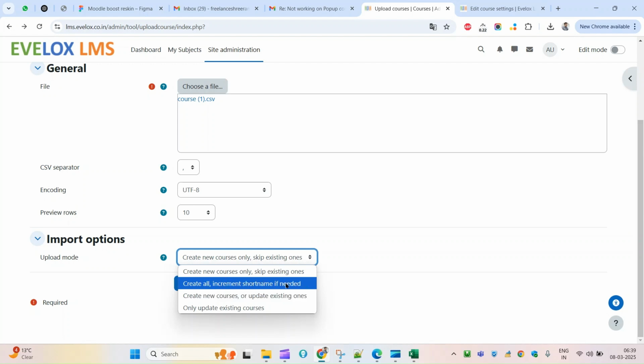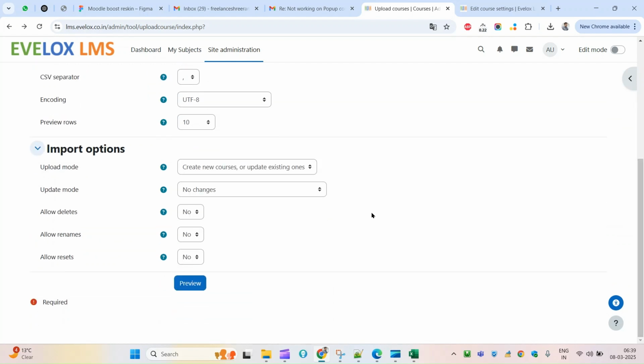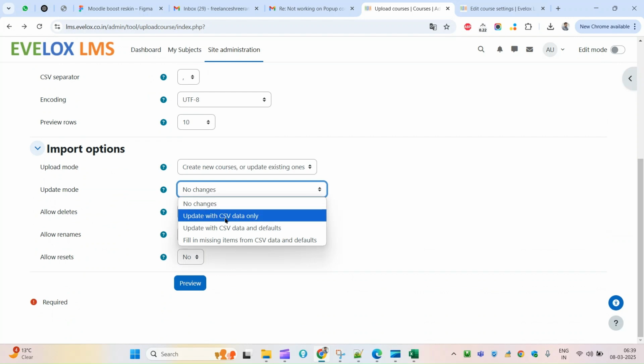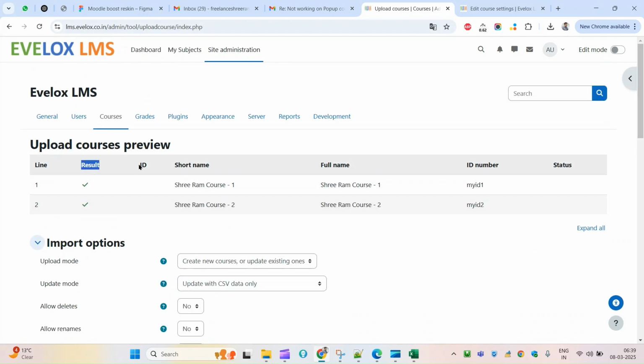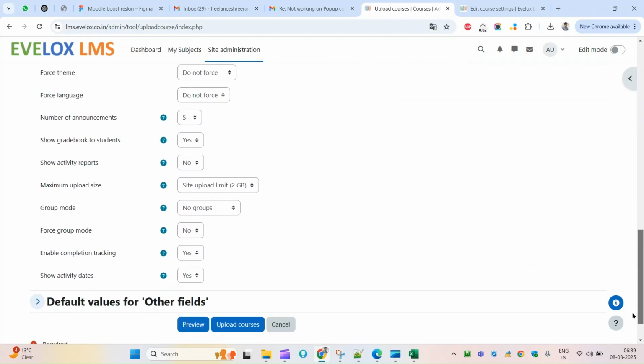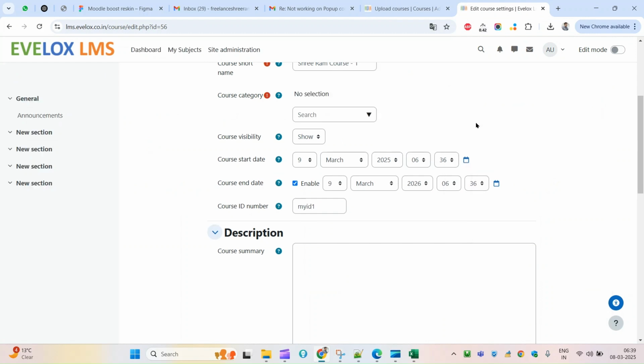So create all incremental sort if needed, create new or update existing. So I have to pick this one. Okay, so update mode, update with CSV data only. Got it? Preview. So I see the result 2, 2, 2. That is fine. Upload. So course total I see here the 2, course created 0, course updated 2. Okay, so let me try refreshing this one. Of course, I see here the category added. Yes,